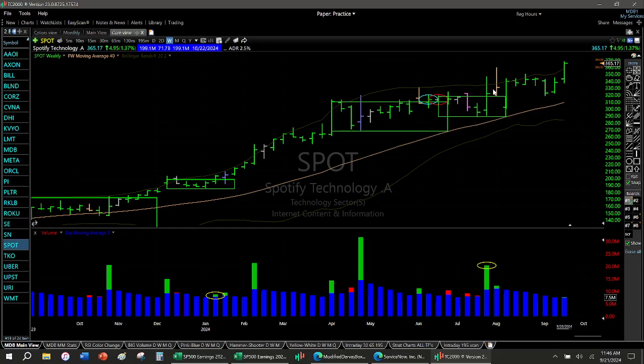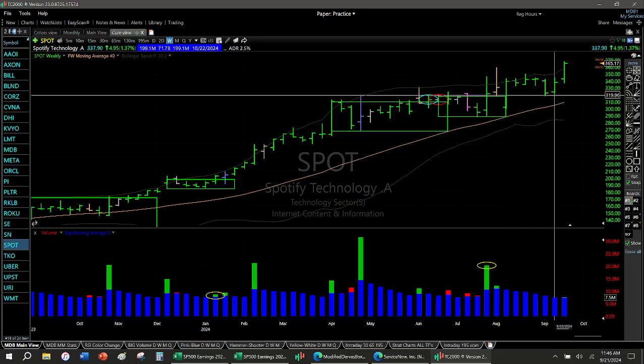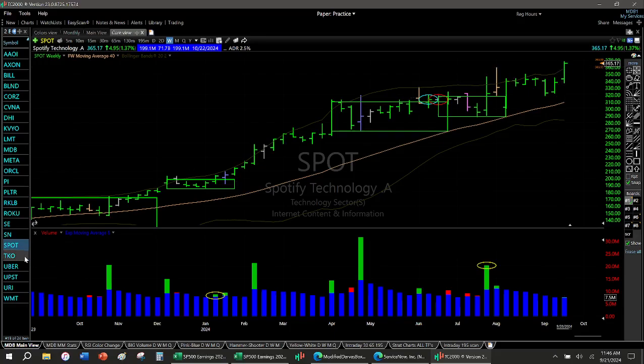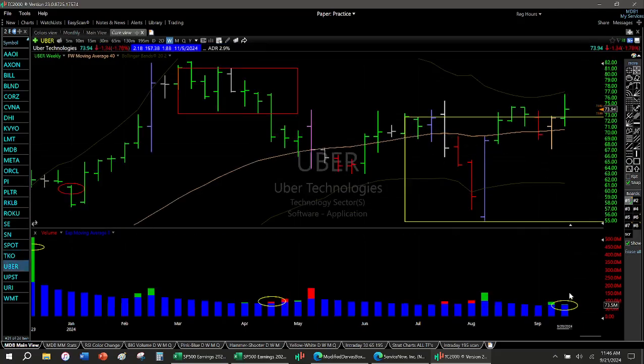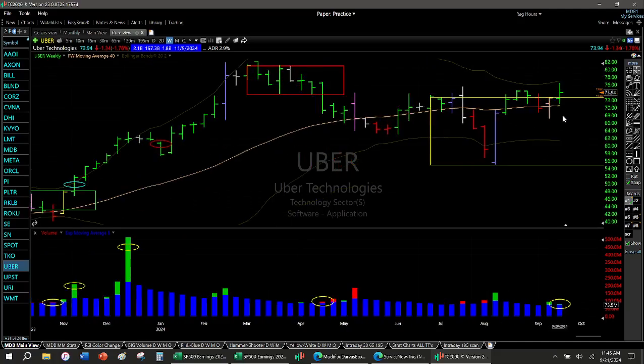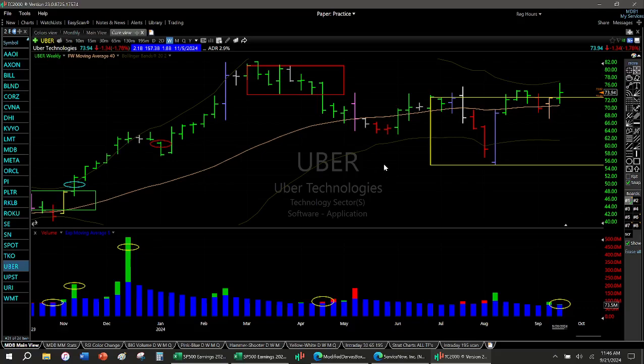Spotify, moving higher. Yes, this is a box breakout here, and it didn't do anything wrong in these. Got a little tough, but it's overall looking good. TKO, same deal. Box breakout. Little sideways, but now moving higher again. Uber, box breakout. Little tough action in here, but overall it's bullish. Not the strongest breakout, but